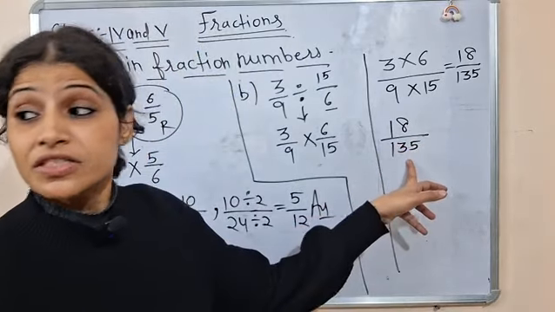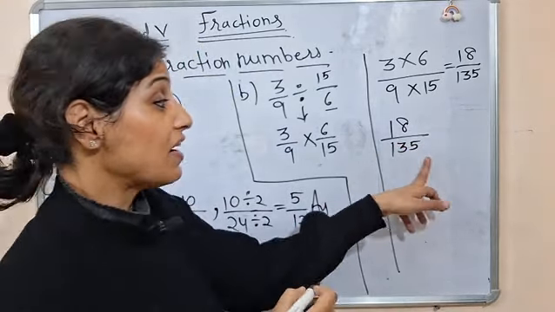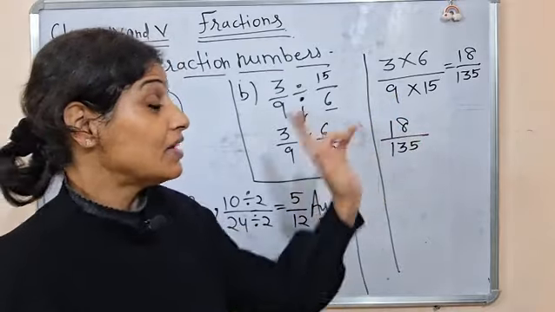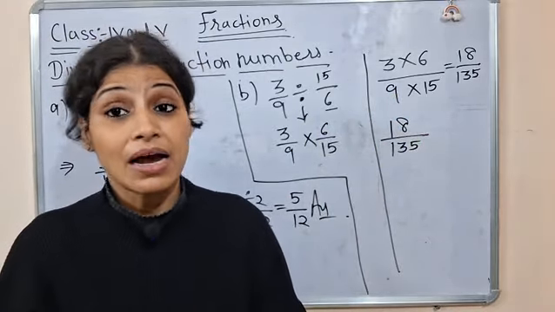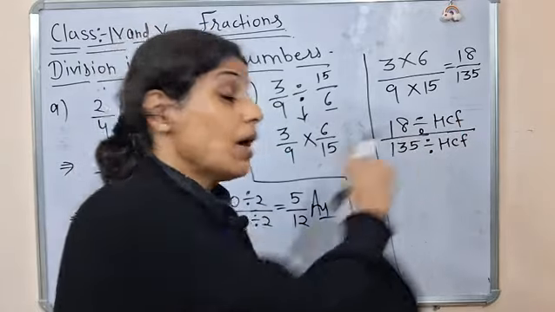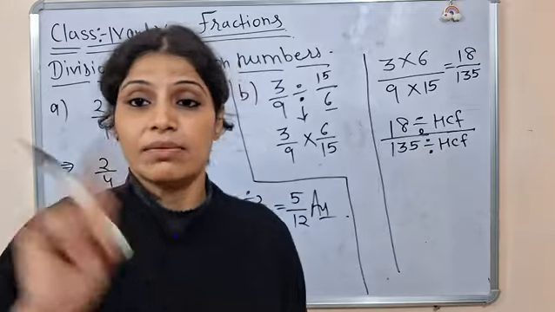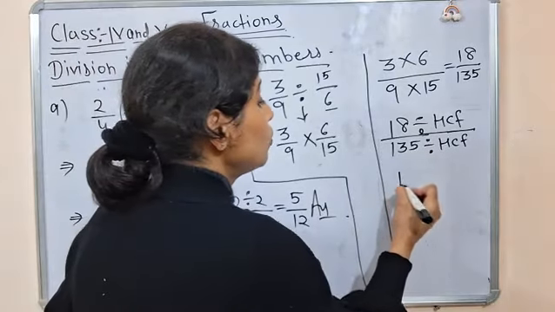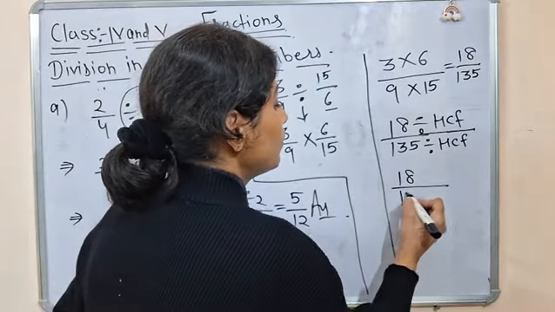if I use the divisibility rule here, 5 plus 3 plus 1 will be 9, 9 and 18. 8 plus 1, 9. That means if the sum of the digits is divisible by 9, the complete number is divisible by 9. So can we do it that way? Of course, yes. So we will divide it by their highest common factor. हाईएस्ट कॉमन फ्रेंड भी बोलती हूं मैं इसे. ये वो नंबर होता है जिसके टेबल में ये दोनों आते हैं और उसके बाद ऑल टुगेदर ये किसी टेबल में नहीं आते. तो this is a very important rule. So HCF of 18 and 135 is 9.